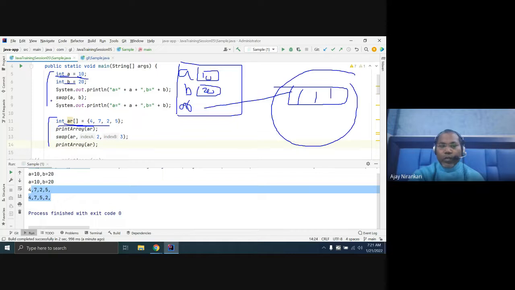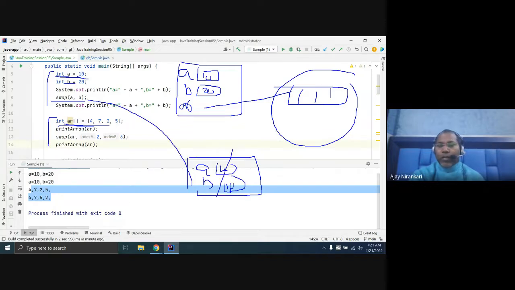Whenever you invoke the swap function, inside the swap body you create A variable and B variable again and swap the values: here 20, here 10. But whenever the swap function is over, this is destroyed, and when you print again you get 10 and 20.